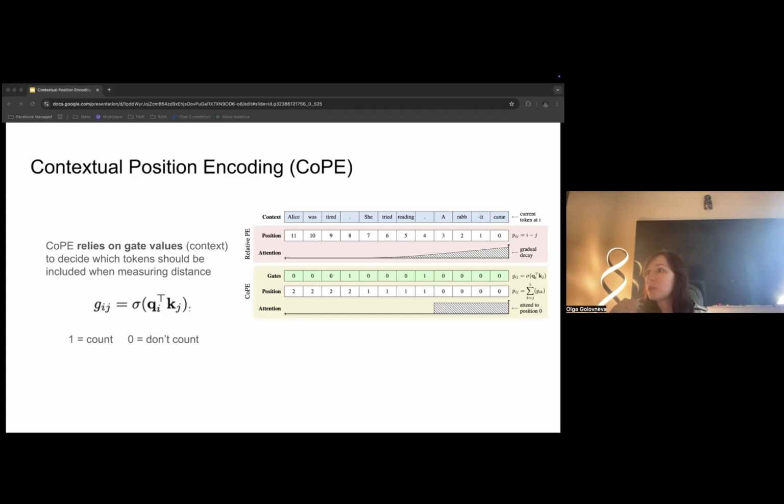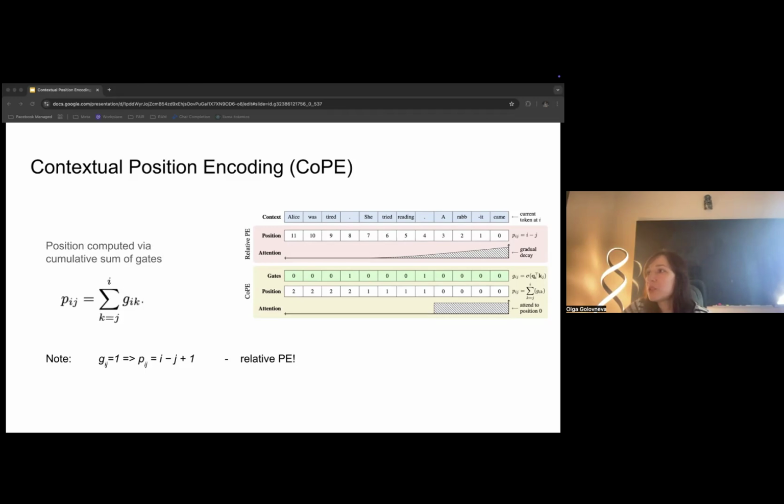For example, to count the sentences between certain tokens like i and j, the gate value should be 1 for only sentence separation tokens. The gates also condition on the query so that each query can have a different position measurement if we need it for some task.